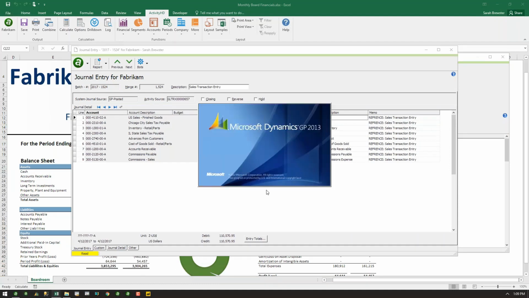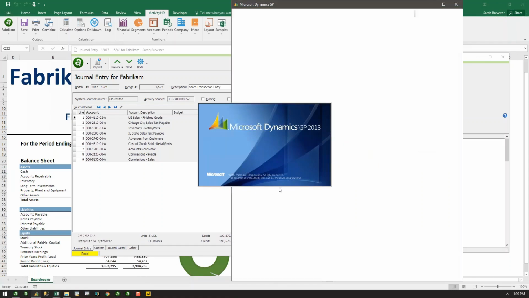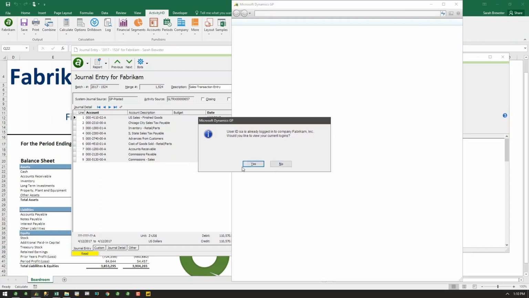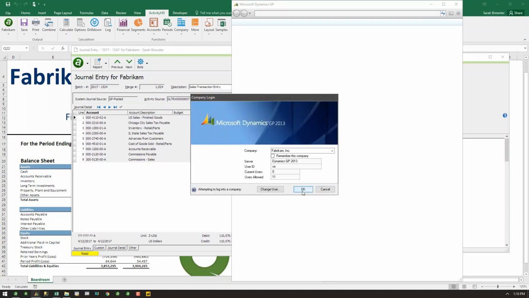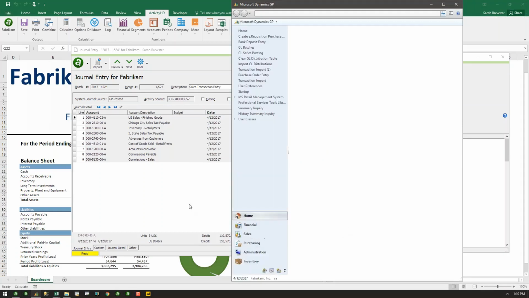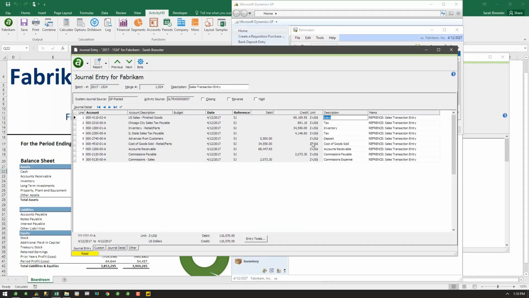From here, let me just open GP in the background so I can demonstrate our drill back since we just did our drill down. And of course, I'm already logged in. Okay. So now that we've got logged into our Fabricam company in GP,